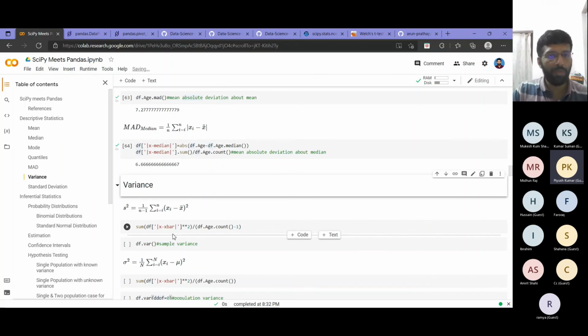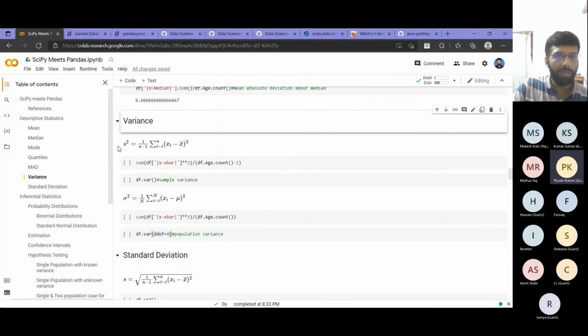Then coming to the next thing that we want, what is it? Variance and standard deviation, right? So variance, as you know, we will be considering for the sample or the population, and we have two equations. One is for S square and one for sigma square. In both those cases, we will be subtracting the mean from the data points, squaring that, and adding everything. In the sample case, we will divide it by n minus 1, where n is the sample size. And in the population case, we will divide it by capital N, where N is the population size. So as far as the computation goes, these differ only in the denominator, n minus 1 in this case or N in this case.